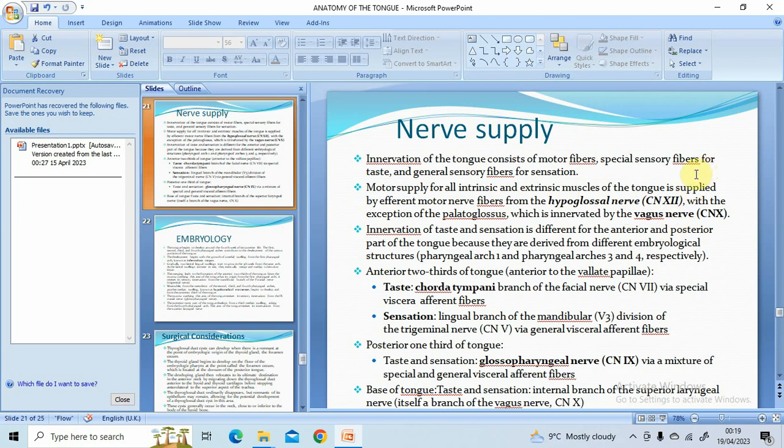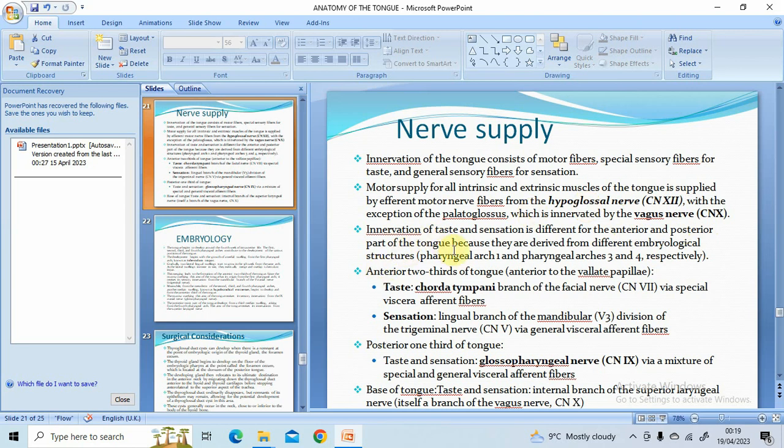except that of the palatoglossus muscle, which is innervated by the vagus nerve, the cranial nerve 10. This is very important. So all the intrinsic muscles and extrinsic muscles are innervated, the motor innervation is by the hypoglossal nerve, the cranial nerve 12, except that of the palatoglossus muscle, which is innervated by the vagus nerve. So